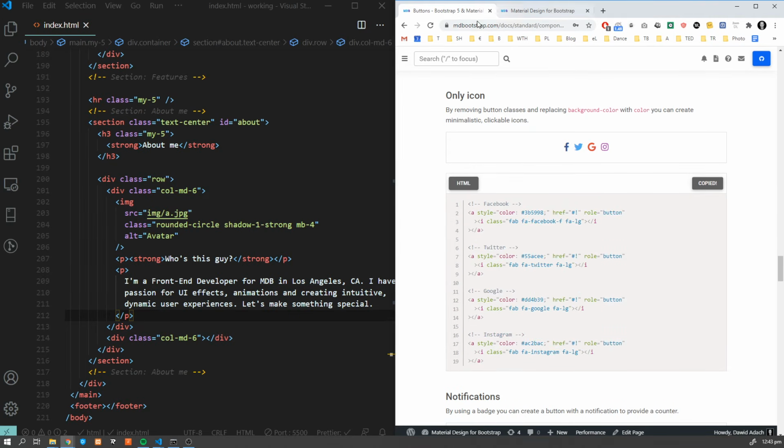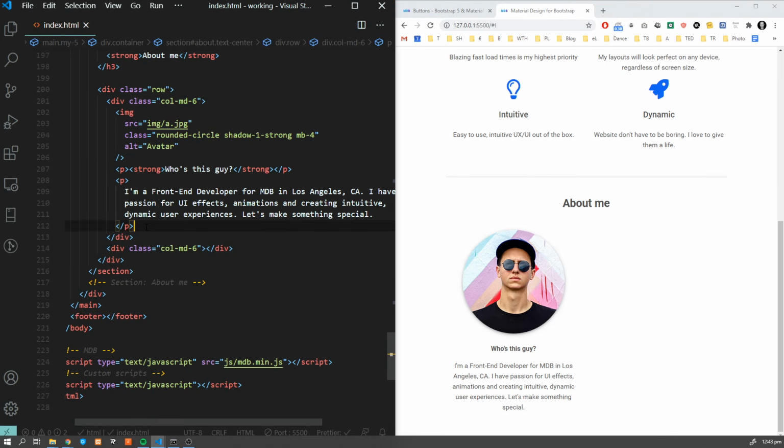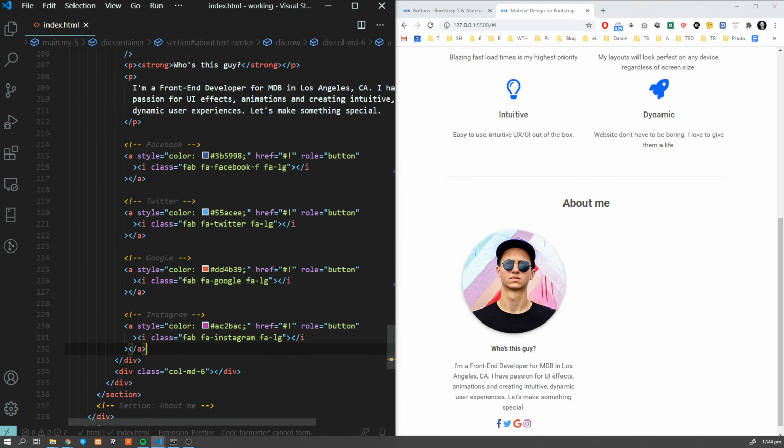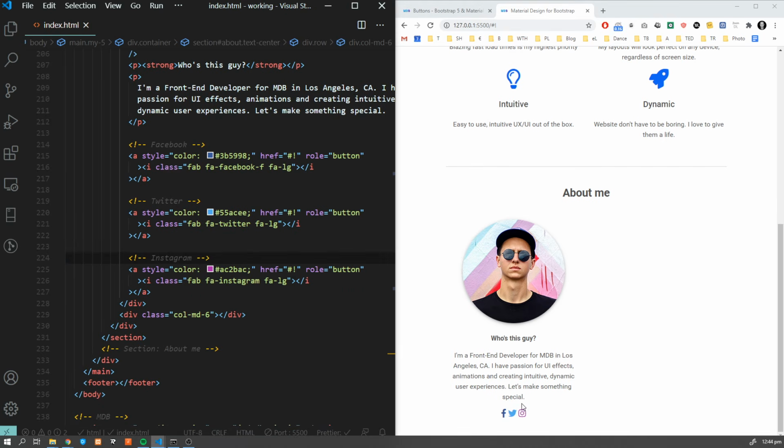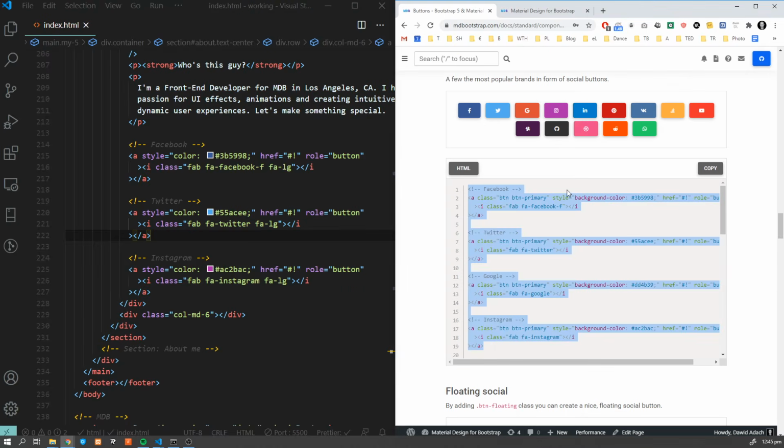So I'm gonna copy them, paste it over here, I'm gonna get rid of Google, and here it is. If you prefer other icon options, you can, for example, choose this one. So I'm gonna use these buttons over here,